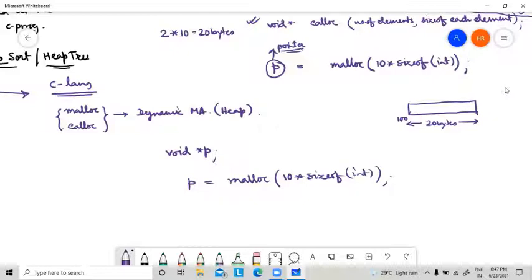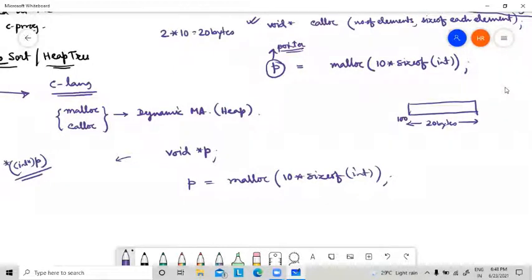But in case of a void pointer, I also discussed that it is very difficult to access the value. You have to typecast it. If p is a void pointer and I want to access an integer value using this void pointer, first you have to typecast it, then I have to use the star outside this to access the value.